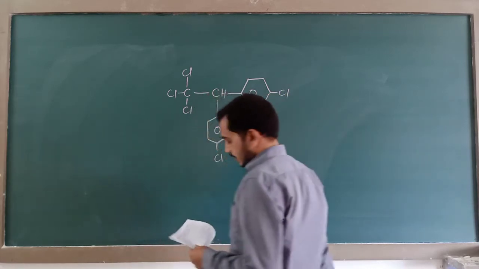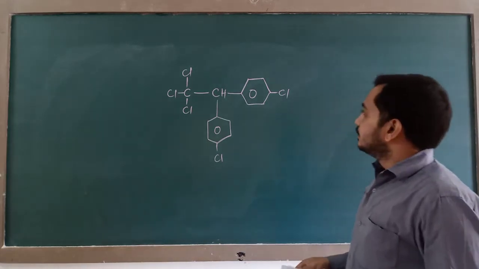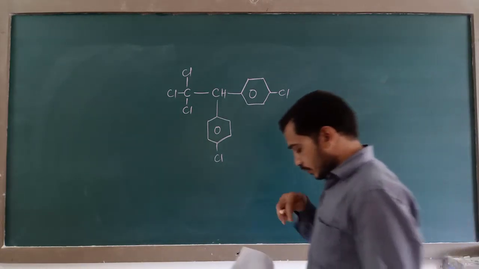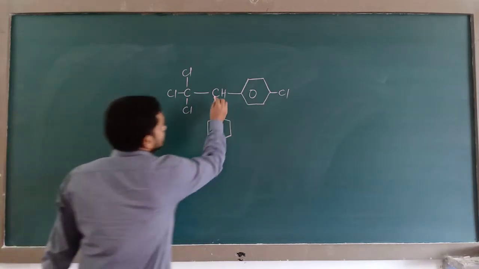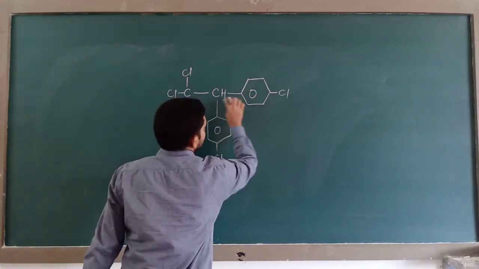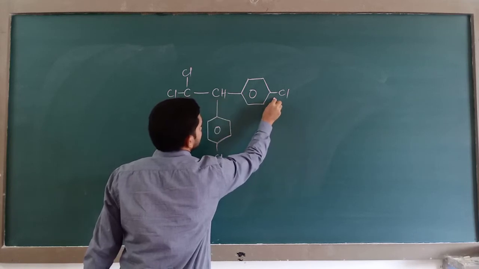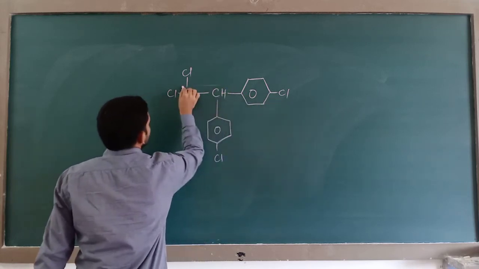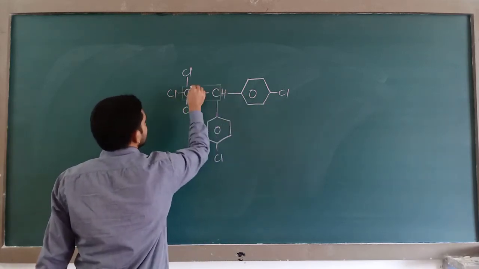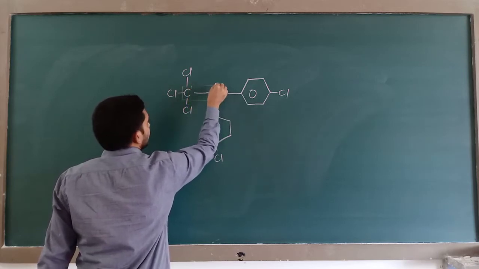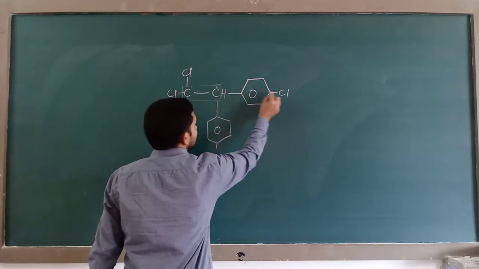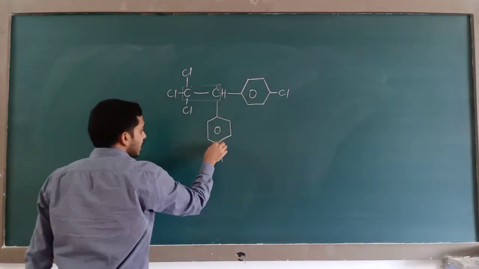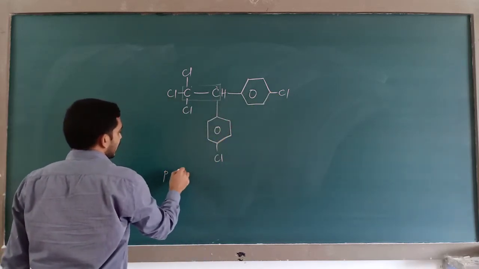So this is DDT. According to the nomenclature, this is the para position with respect to this carbon, and this is also the para position, isn't it? So these two carbons are taken as parent carbons, 1 2 or 1 2, anyhow you want to name. So with respect to this carbon, it is para position and it is also para position. So para dash